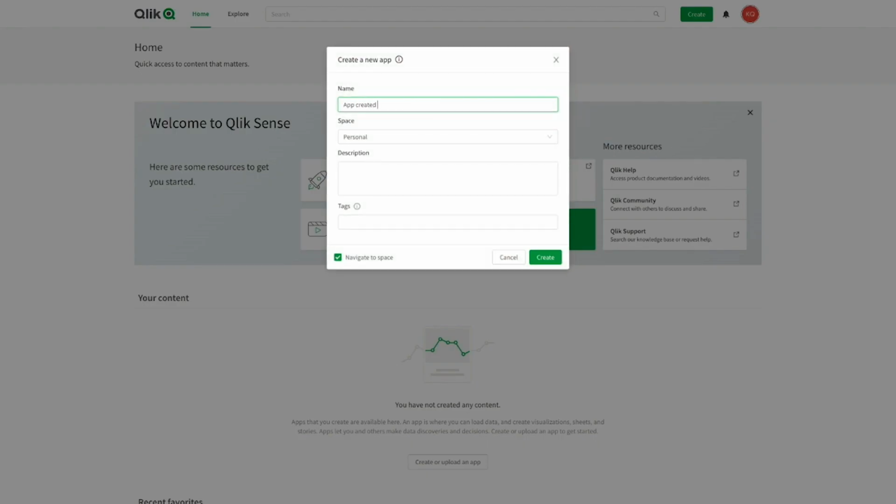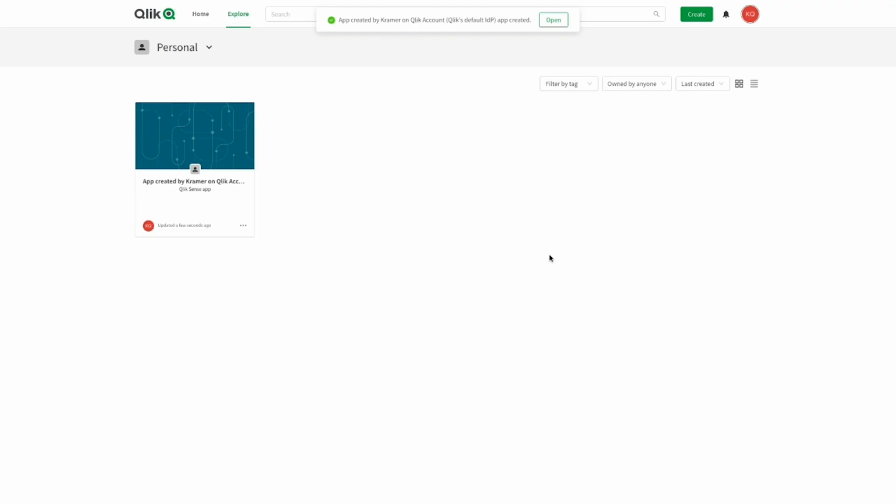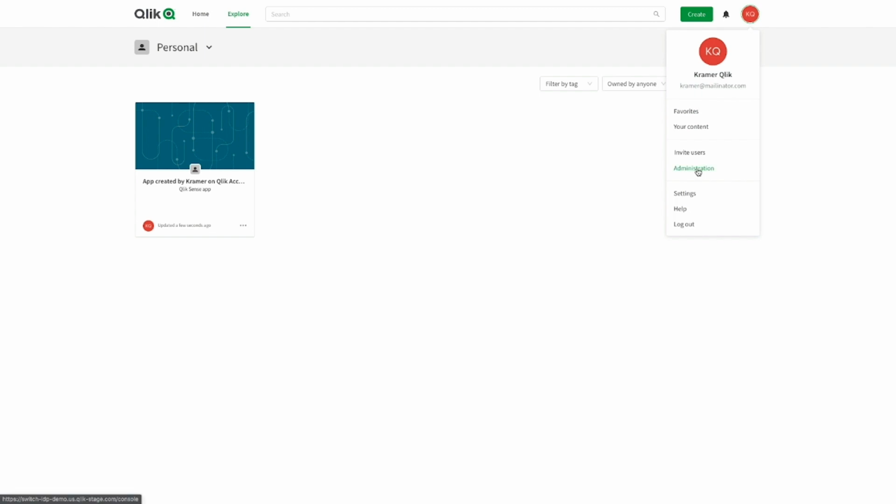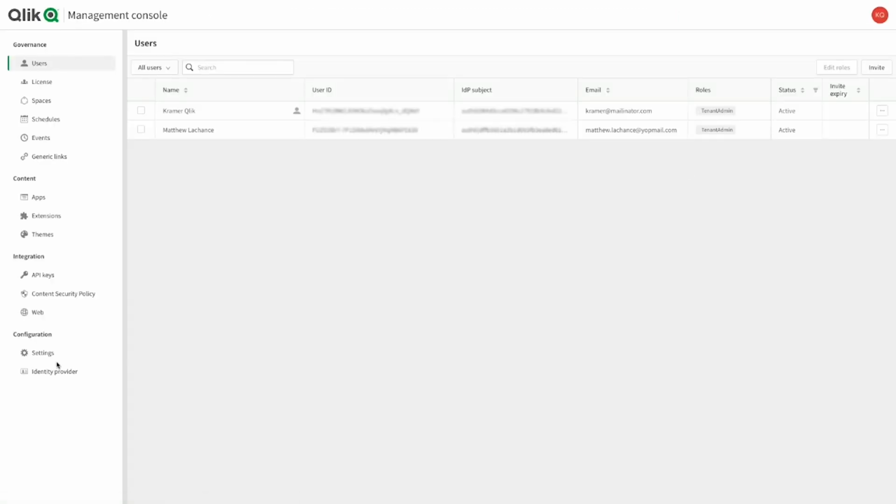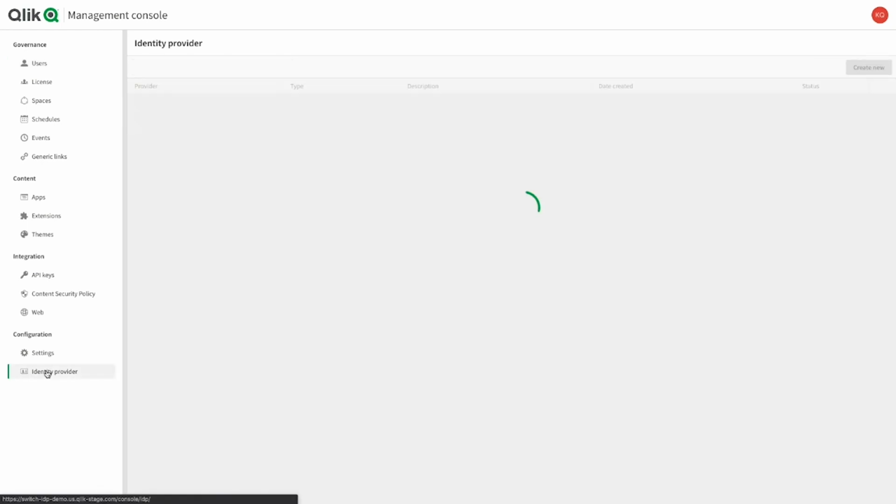We create an app, and for the purposes of the demo, we'll indicate it was created under ClickAccount so that we can see that it will transfer as we switch IDPs. Now we'll create an Okta IDP configuration. What we want to demonstrate here is that users will be recognized between IDPs as long as they have the same email address to identify them in both IDPs.